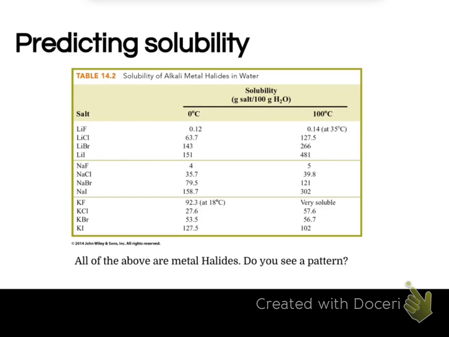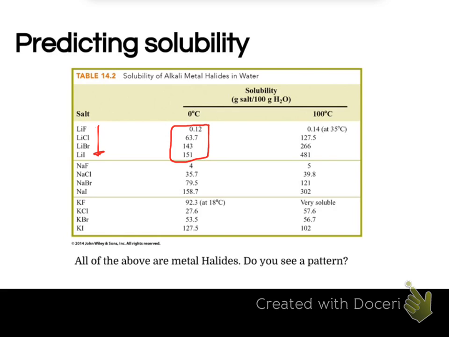Here is some data. So if we just look at 0 degrees Celsius for all these lithium combinations. So lithium is in group 1, and fluorine, chlorine, bromine, and iodine are in group 17. And that's going down the periodic table. So there's a trend here. We're going down, which means the size is bigger as we go down. And the size of the halogen, the chlorine, fluorine, bromine, all that. Lithium's staying the same. And what we're seeing here is as we get bigger, as we get closer to iodine,